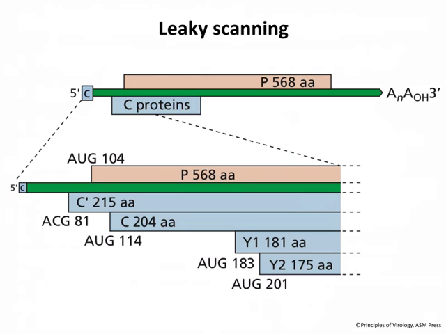So the ribosomes shunt from the 5' UTR over all these other AUGs and initiate either at the Y1 or the Y2. So a fraction of the ribosomes do that instead of engaging the others. So you have 1, 2, 3, 4, 5 different proteins made from this single mRNA. And there are more here that I haven't shown you. There are other ways of getting two different proteins in addition to this from this single mRNA. So it's really an illustration of what you can do by playing with the rules of initiation.